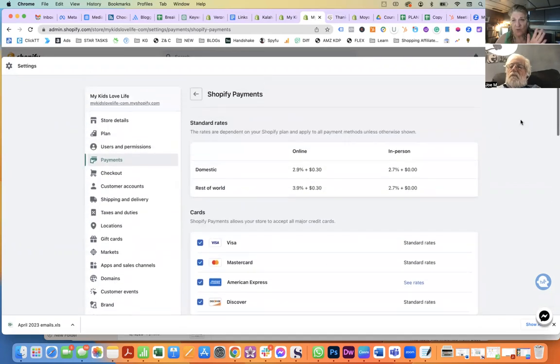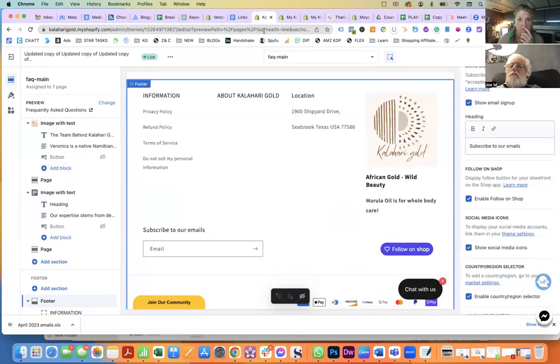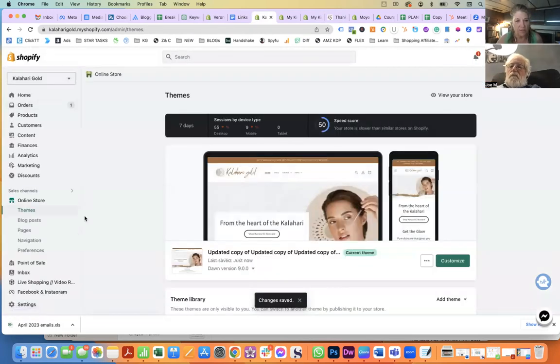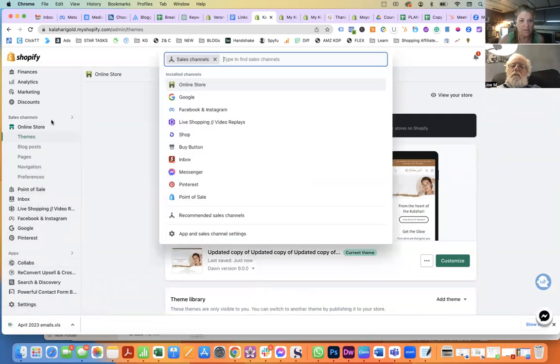And then it also adds, check this out, I'll show you on mine, on Kalahari maybe. I'm going to save this. I'm going to go in here. And this is the sales channel. So I normally add as many sales channels as possible because I believe they should get me wherever they can, right? So I don't know how people will find you on Shop or on,